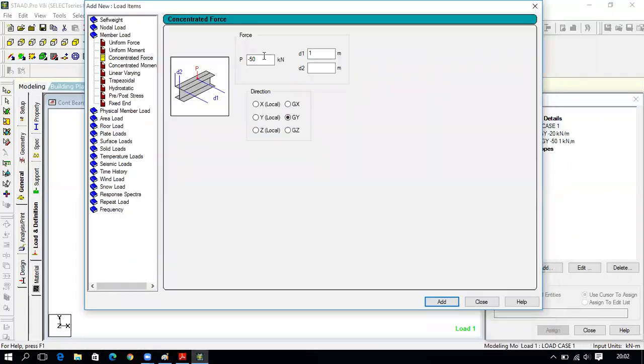Click on add. So next load I will assume some minus 70 kilonewton acting at 3 meter. I will click on add. Next I will assume some uniform force of minus 15.